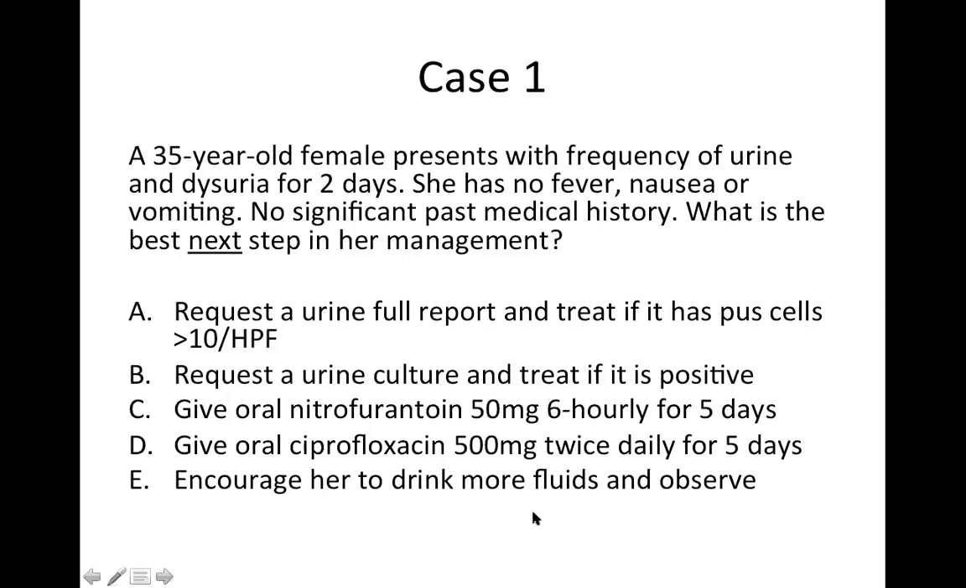So I'll stop sharing the polls. Right. So that is the correct answer. Answer C. So moving on to a bit of